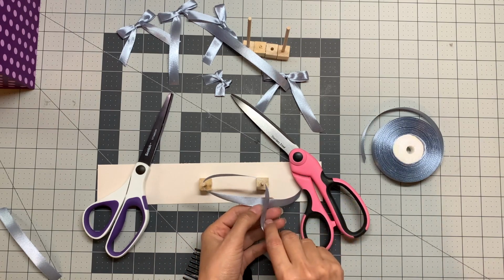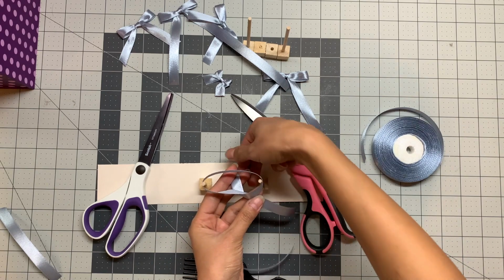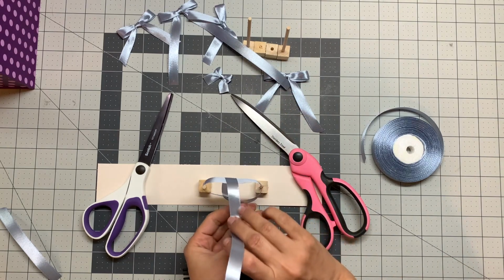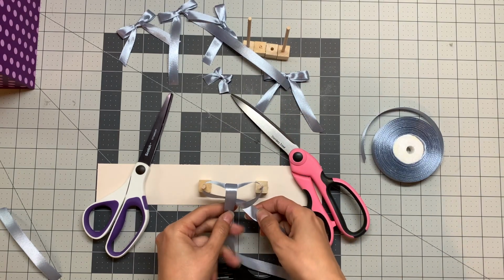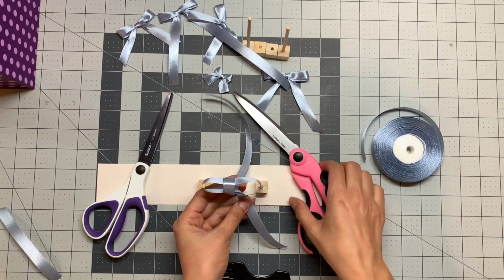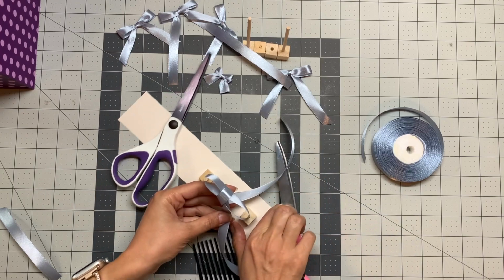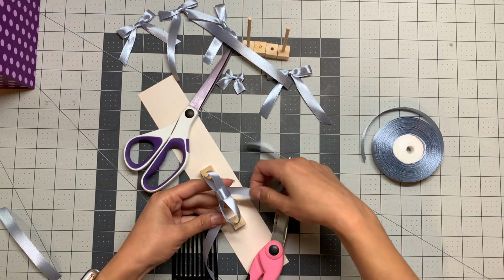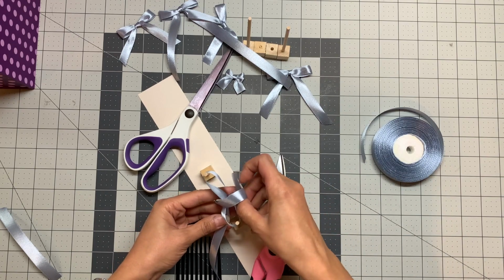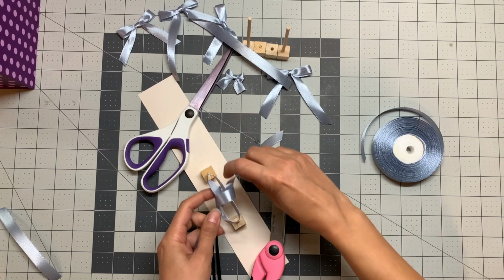again, wrap around, put inside, loop, wrap around the middle, go on the back, and at this point basically do the same thing. I put it through the loop,